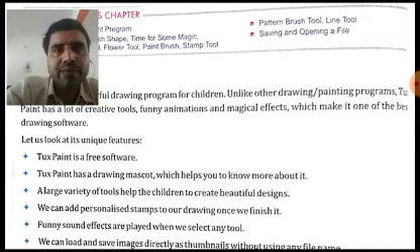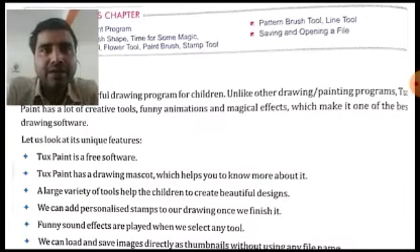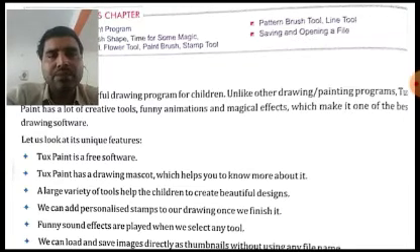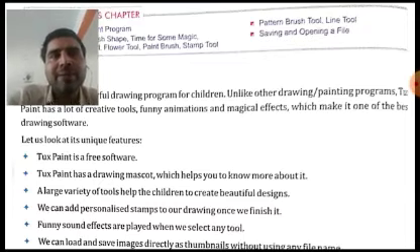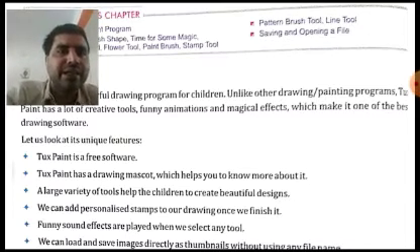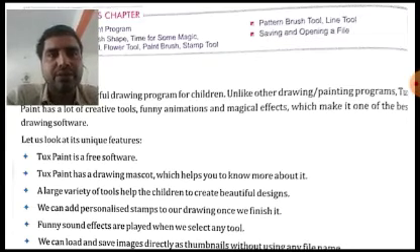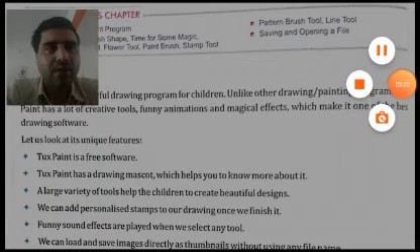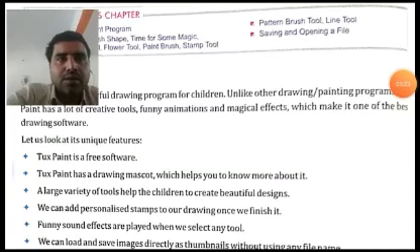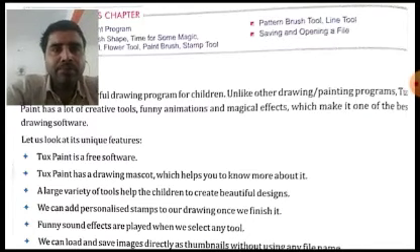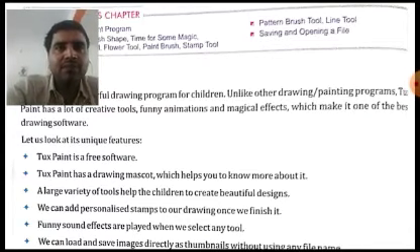Personalized stamps means what? Like we can add our name, or any particular signature of ours. Any particular drawing or figure we can create which verifies that it is our drawing, that we have made it, that also we can add. Funny sound effects can also be played whenever you select any tool. A funny sound effect will be played, which will make it more interesting for us to work in Tux Paint.